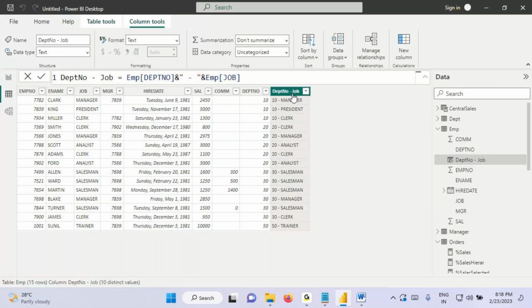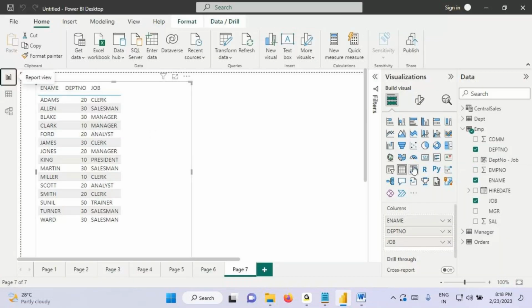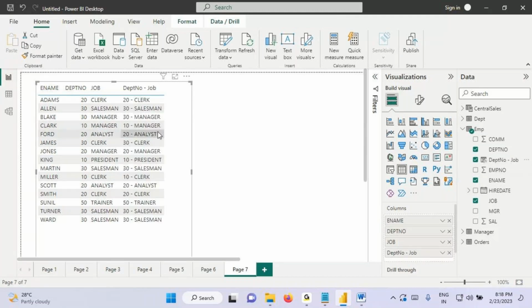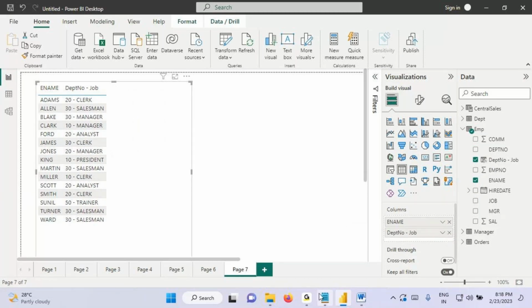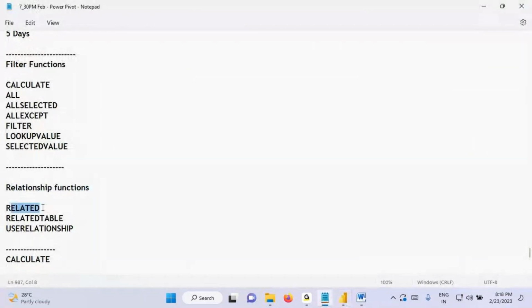Now you can remove these two columns and drag this column. We can get the results. Perfect, you're able to achieve it. You can delete these two columns and show it. These are just simple examples I'm giving to understand the function called